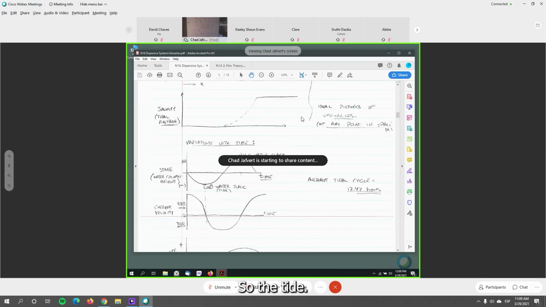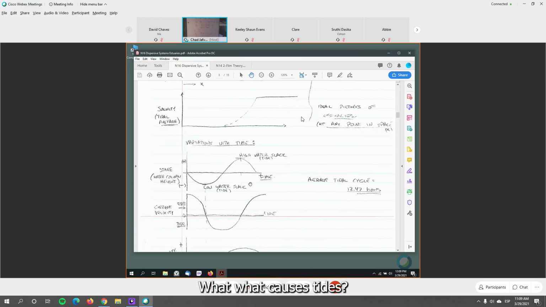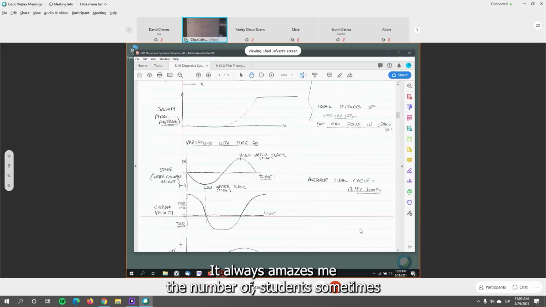Okay, so tide, what causes tides? The moon, yeah. It always amazes me the number of students sometimes that don't realize that because you don't think about it and nobody told you. But what causes tides is the gravity of the moon on the Earth. The moon is a large object that circulates the Earth